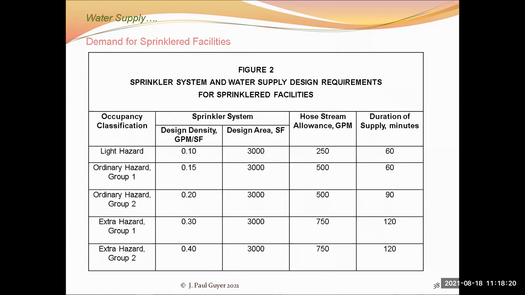the thinking is, and this is perfectly logical, that for the more hazardous occupancies, you'll put more water on the fire, a greater GPM per square foot. And by doing so, you limit the spread of the fire to this design area, 3,000 square feet. So that's the point: in theory, if you have these quantities of water that you are applying to the fire, the fire will be limited to,